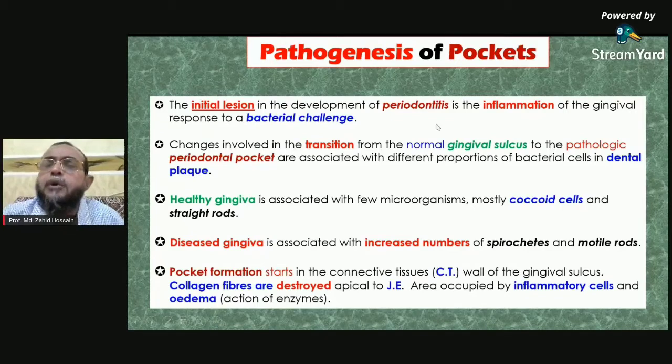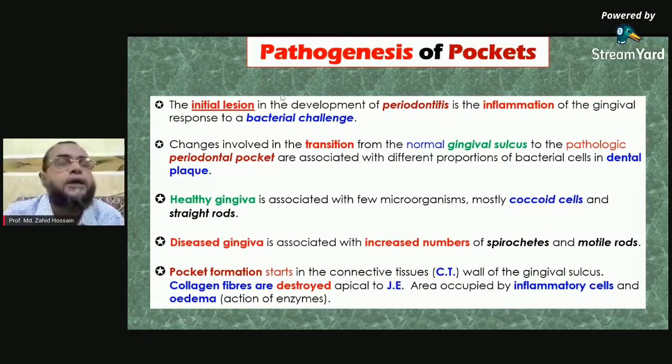You will find the pocket maybe more than 3 millimeters. It is very important to know these changes from sulcus to pathologic wall. In the sulcus, we have the gingival crevicular epithelium, which lines the crevice of the gingiva. This is normal, but when it becomes pathologic, we call it the pathologic or periodontal pocket lining. So you should understand the difference between the gingival sulcus and the pocket lining. Pocket epithelium is pathologic. Gingival sulcus, the crevicular epithelium, is normal.